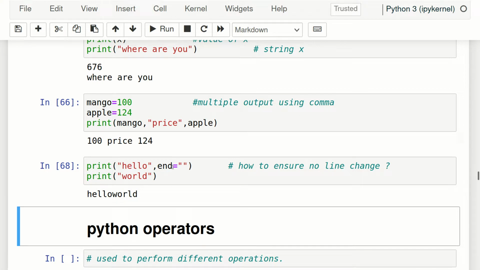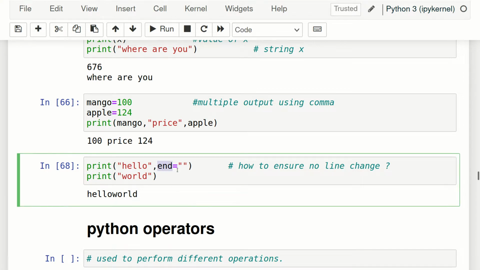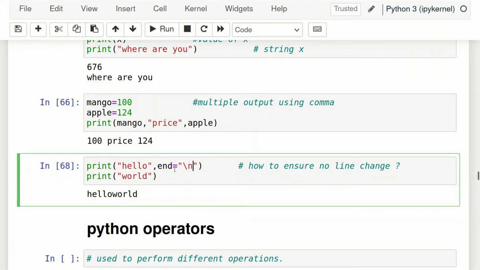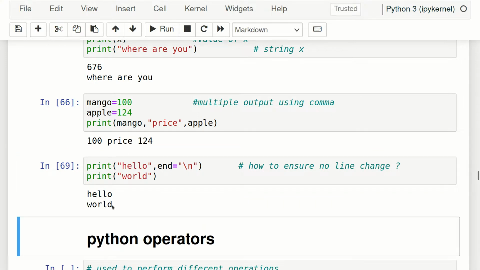So by default, end in Python is the new line character, which means change the line. If I run it like this initially, see, the line is changing.